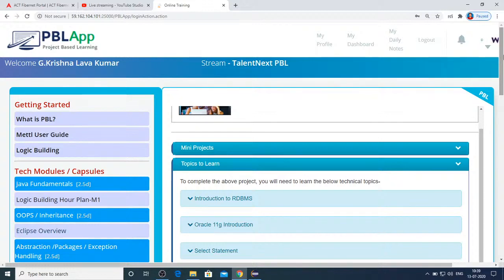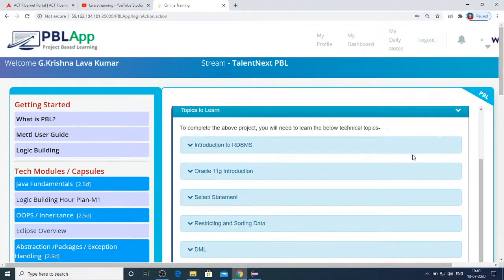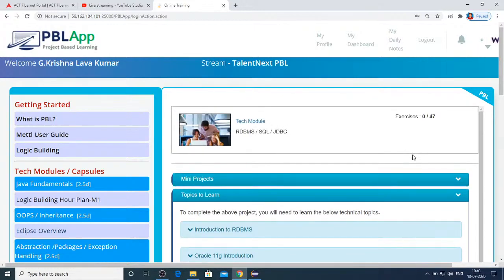Anyway, let's cover the theoretical concepts in tomorrow's session, because the app is not at all responding, so that's the reason I could not open any of the pages. But I'm just giving you the overview about these RDBMS concepts, and directly I'll show how we connect our application with the database. And the database which we are going to use is Oracle.